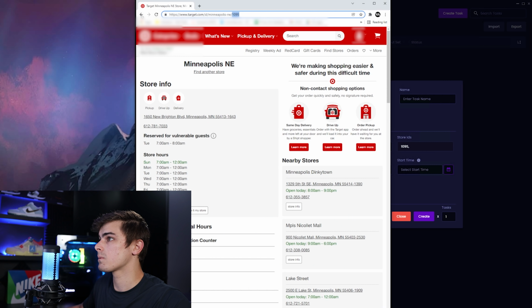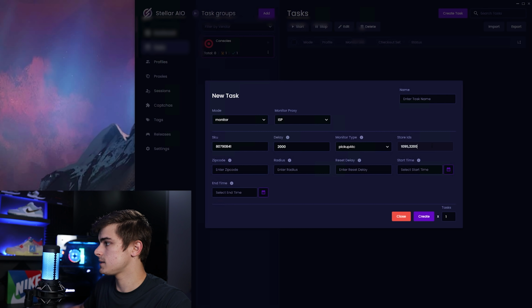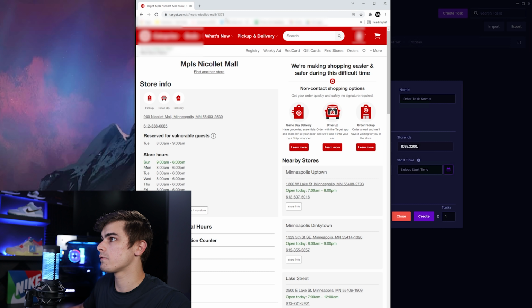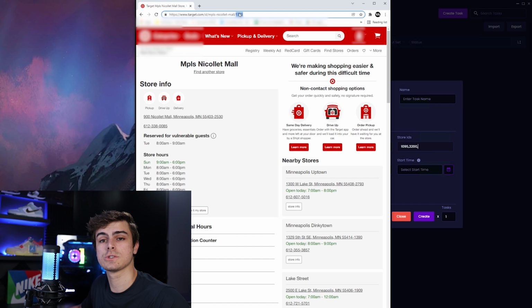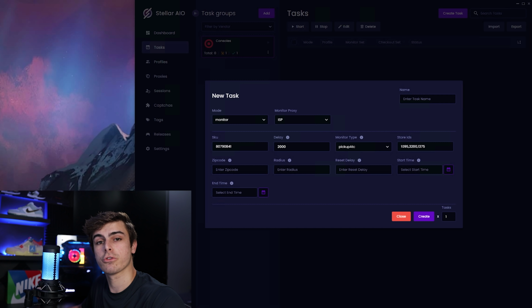So we're gonna come back in, we're gonna go back out, store info, this store ID, paste it in, comma, and then we'll do one more. The last one, we'll do store info, copy and paste. And like I said, the store ID could be 3 or 4 digits. So don't let that trip you up. And there we go. So we successfully entered 3 different store IDs that this one monitor task is going to